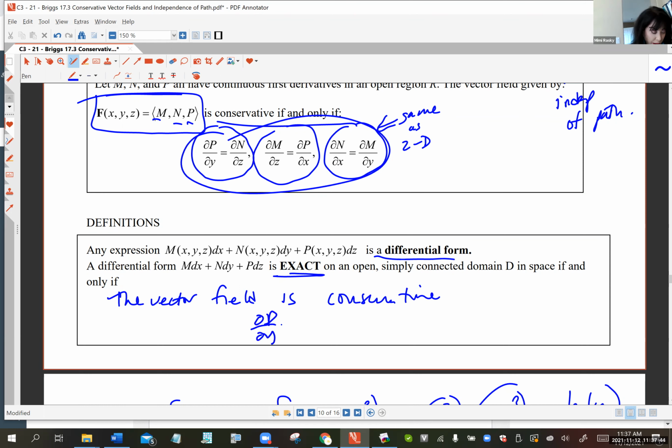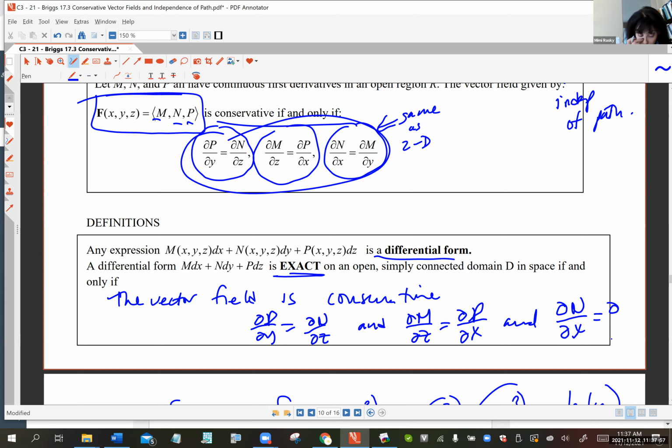You need dP/dy to equal dN/dz, and dM/dz has to be the same as dP/dx, and you need dN/dx to be equal to dM/dy. If all three of those are good, you got a conservative vector field, and you have what's known as exact